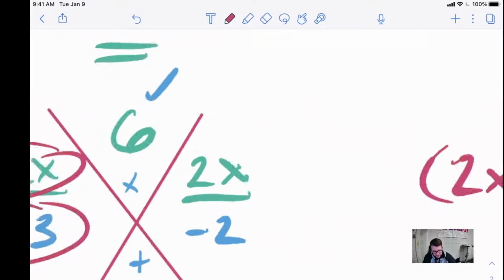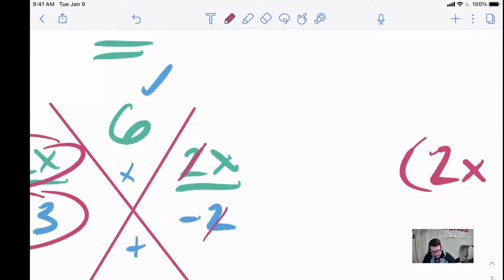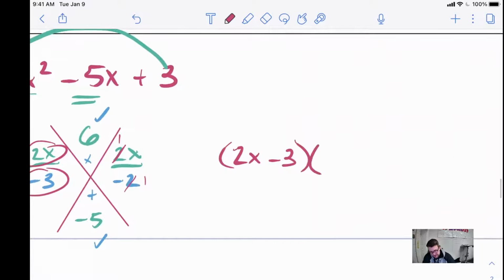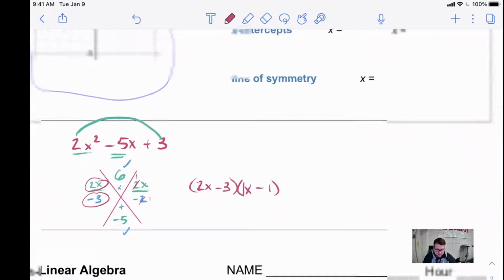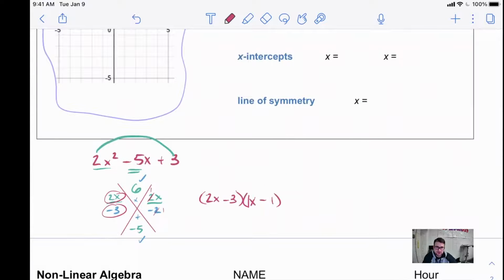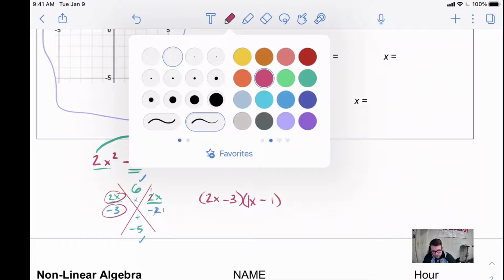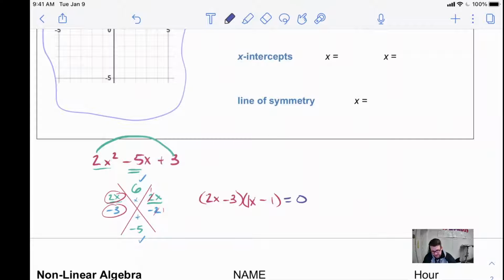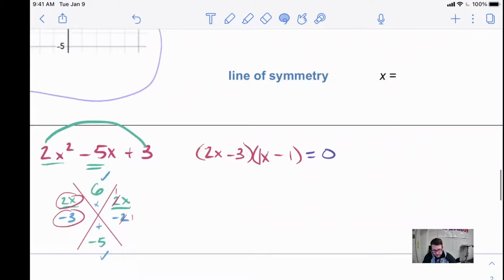Looking at the second one, it looks like this reduces. 2 and 2 becomes 1x minus 1. So I'm going to get just x minus 1, or 1x minus 1 if you like that better. Now, anytime you're looking to find the intercepts, this is always set equal to 0. So if this is set equal to 0 right here, then what you want to do is use your zero